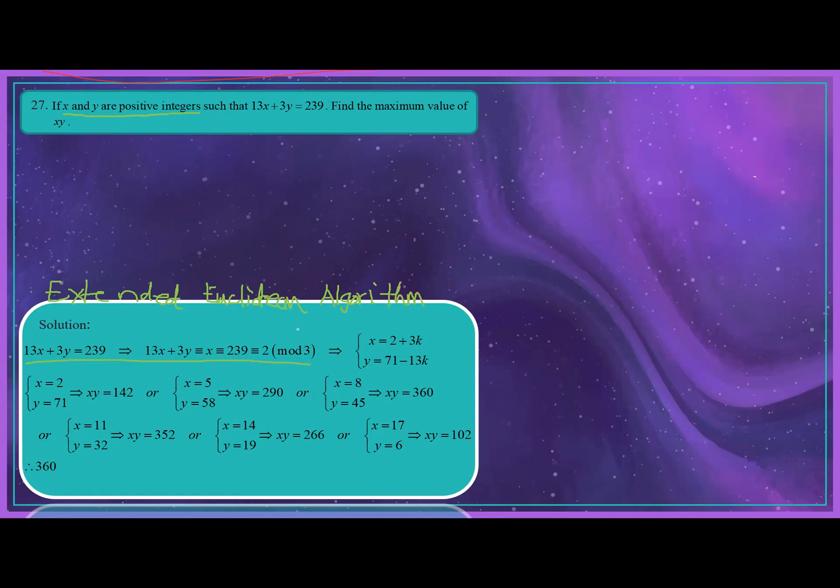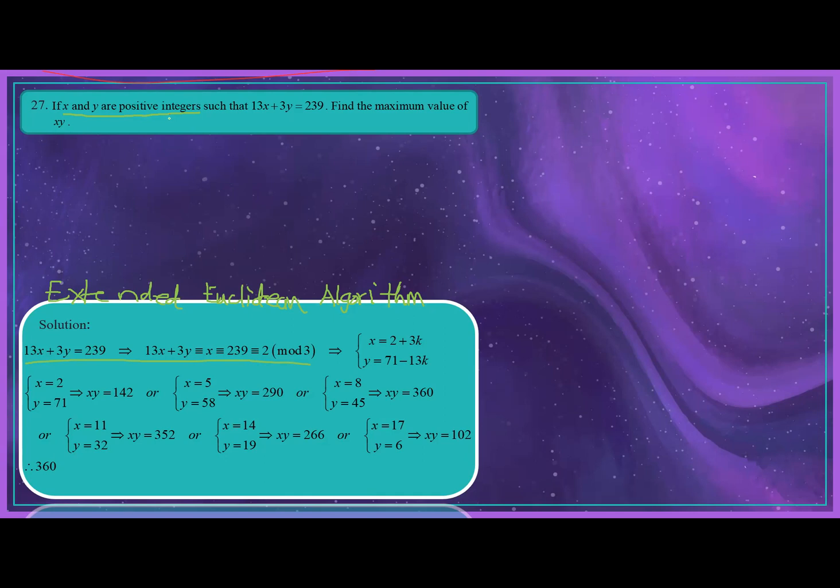Okay, so basically the steps for the extended Euclidean algorithm are very tedious, boring, and long. So we don't like that kind. But that's the way to solve this kind of problem. Okay. Because we are